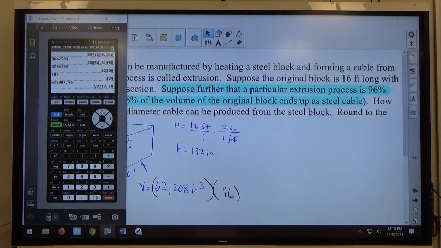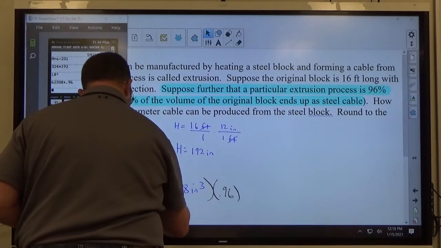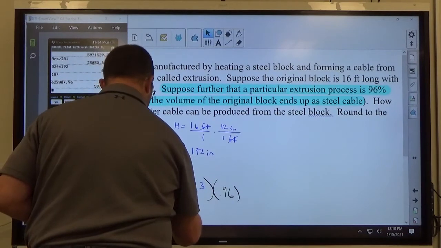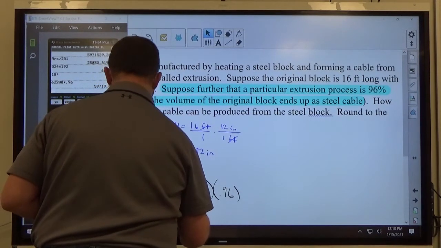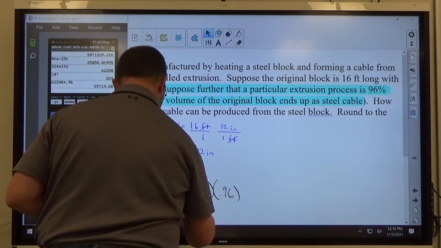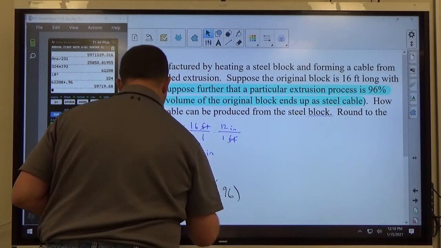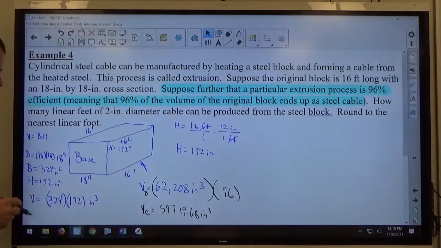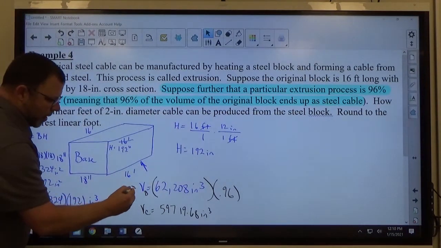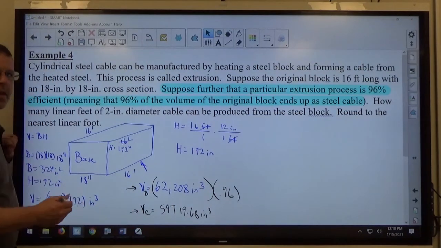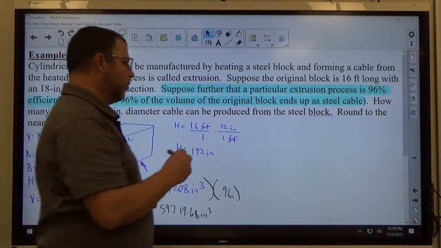So this is the volume of the block, and the volume of the cable is going to be 59,719.68 cubic inches. Okay? So I found the volume of the block in order to multiply by 96% to get the volume of the cable. Now the cable is going to be